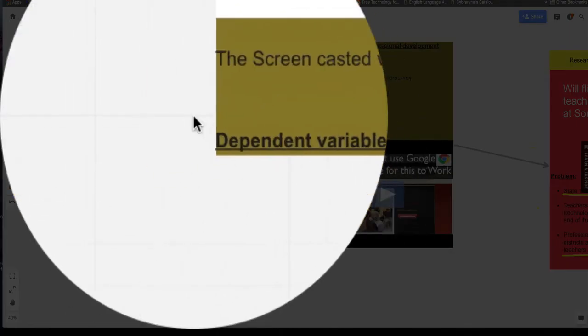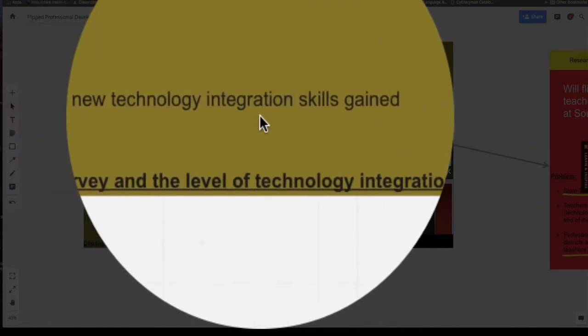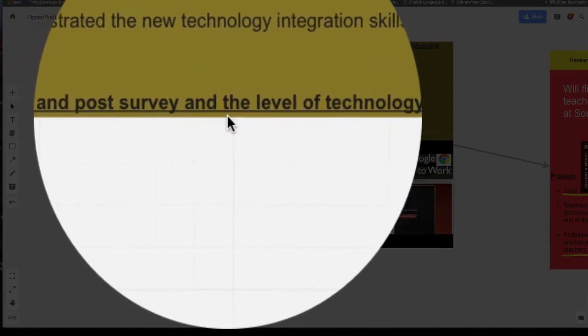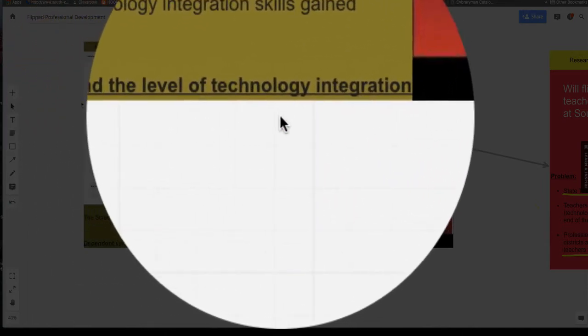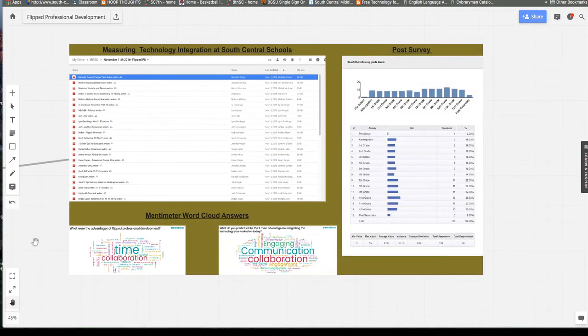The screencasted videos demonstrated the new technology, basically skills or techniques. The dependent variable is the pre-survey and post-survey and the level of technology integration. Like I said, after the survey, they watched how to screencast and use Screencastify. So, measuring the integration